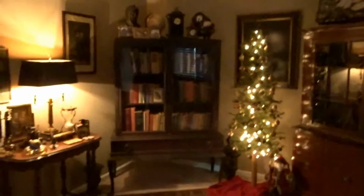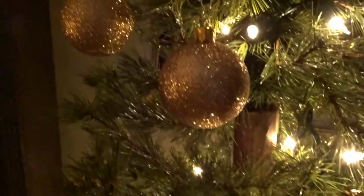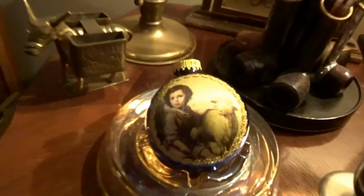And then in our library, this is my favorite room in the house. I absolutely love the library. I have a tree in here. It's kind of pathetic looking. I'm using the Martha Stewart Christmas bulbs from years ago, and they're not glass, so if the cats knock them, they won't break them. A nice tree, and I have a vintage Santa next to it. I have another Santa here, and I have a Christmas bulb here I got off eBay,